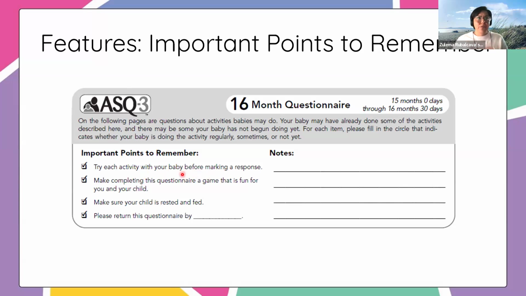So we want to make sure that families know that this is not something that they have to answer or not answer if they're not sure. Try it, make it a game, right? I don't know about you, but a lot of kids, especially in those toddler years, they're not going to want to, right? But if you say, hey, I'm hopping on one foot, can you hop on one foot with me, right? That's fun. That's a competition. Who can hop on one foot longer? Look at me throw this ball, can you throw it farther, right? Make it fun, and that way you can start to observe. And it's also a great way to show families that you can be playful while you're doing these things.